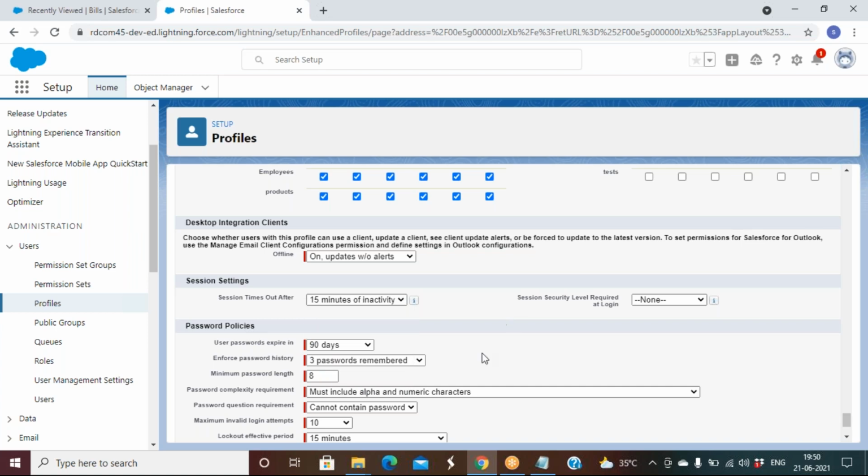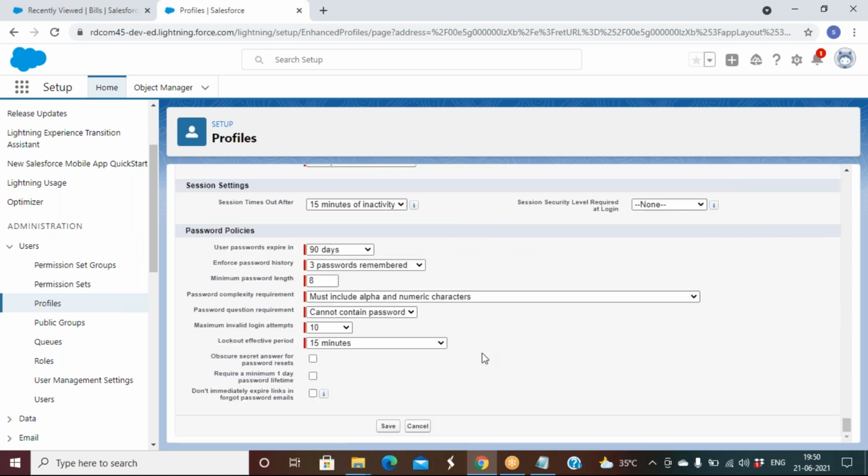Okay. Next, password policies. A user password can be set so that it expires after 30 days. Let's say the user is logging in today, and today is the 21st. If I keep it for 30 days, then with the same user ID and password, you can use it until July 20th. After July 21st, if you want to log in, the system says, please reset your password.